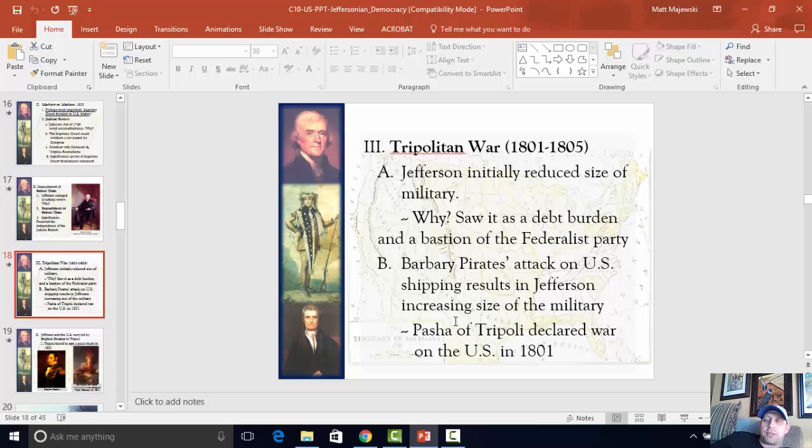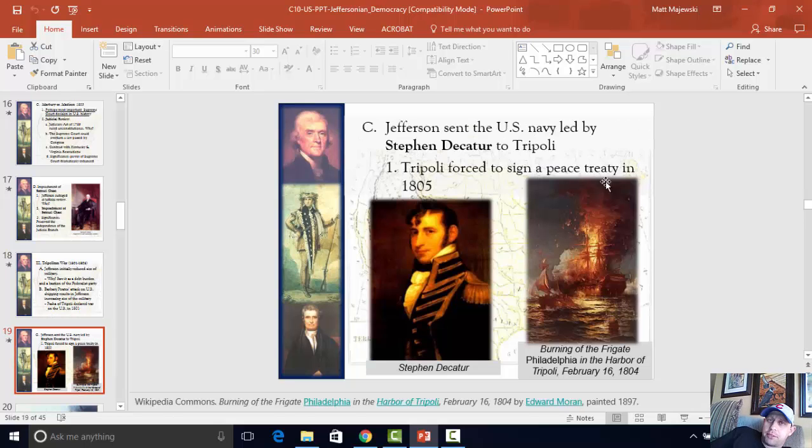And this is especially important because one of these Barbary states, Tripoli, which would be kind of like Libya today, they declare war on the United States in 1801. And so we must respond to them. Thomas Jefferson sends the U.S. Navy under a guy named Stephen Decatur over to Tripoli. We fight a series of battles against them, naval battles. Eventually we are victorious. Thanks to our new Navy, we're able to withstand and eventually defeat these pirates. Takes a few years, but we finally forced Tripoli to sign a peace treaty in 1805.